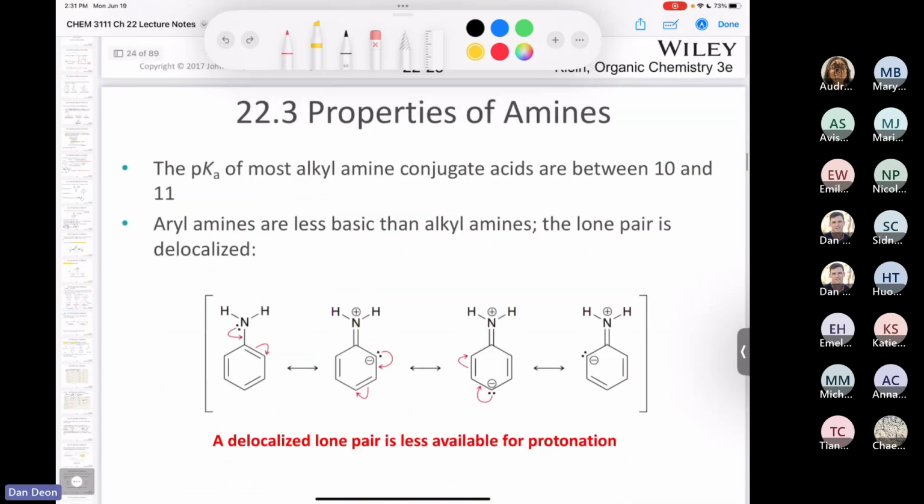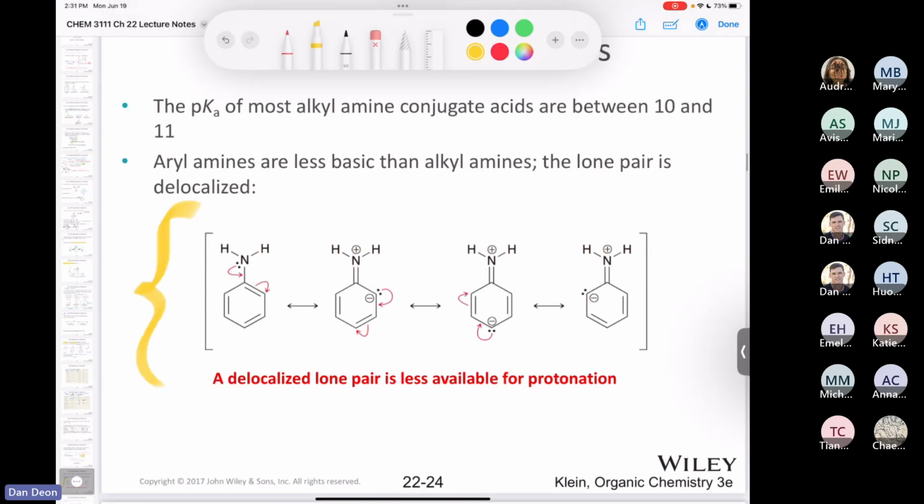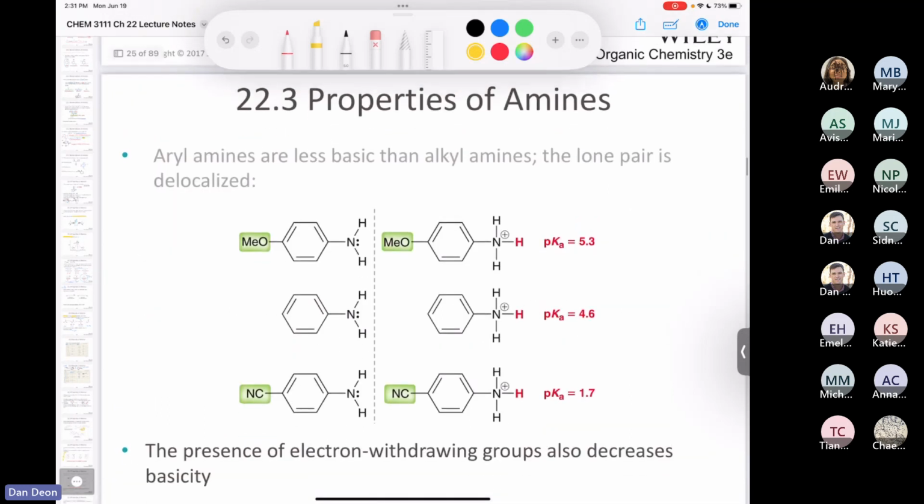So we've covered the pKa of the conjugate acid of most alkylamines and arylamines. I already explained this to you earlier on. This is just a rehash of something I told you before, that the lone pair in an aniline derivative is delocalized, and therefore anilines are going to be less basic, and therefore they're going to produce a stronger conjugate acid. So if we look at the conjugate acid of a bunch of aniline derivatives, you can see that if you